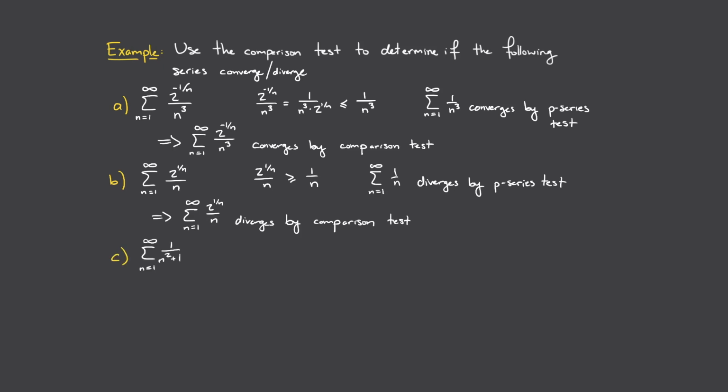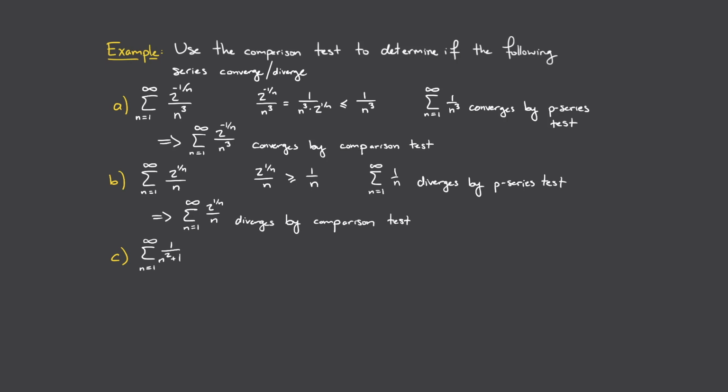Next, let's look at the sum from n equals 1 to infinity of 1 over n squared plus 1. The first thing we need to do is decide if we want to show that the series converges or diverges. Well, the most significant term on the top is 1, and the most significant term on the bottom is the n squared. So, this series should behave something like the sum of 1 over n squared, which is a convergent p-series. So, we're going to guess that this series converges, and now we must try to find a bigger series